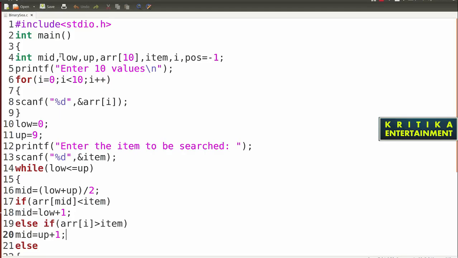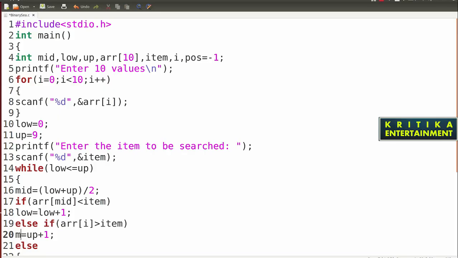Okay, so here the mistake will be. Sorry, here low will be updated, and here up will be updated.